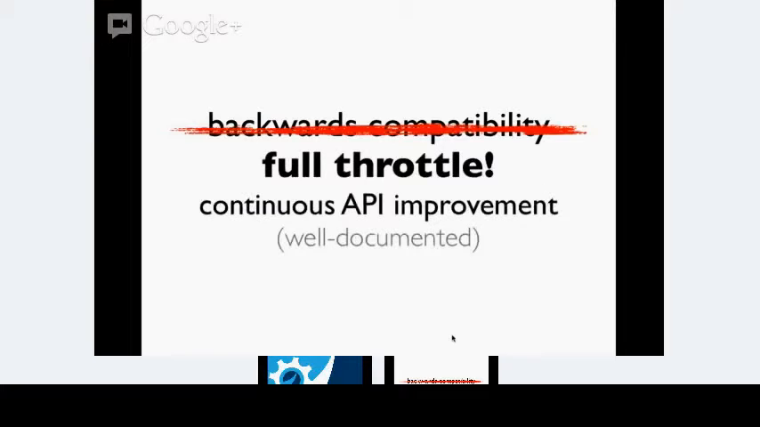So backwards compatibility is another holy grail of software development that people put a lot of effort and thought into, and I decided that spending too much on backwards compatibility will harm the project a lot more than it will do good. So I decided to go with another approach. I decided to go full throttle. So